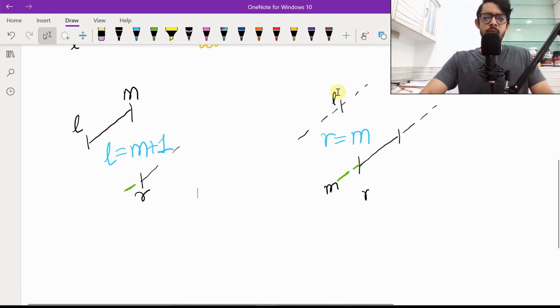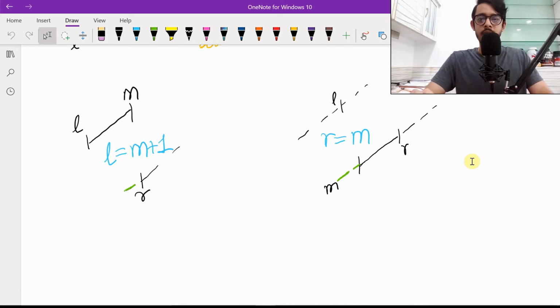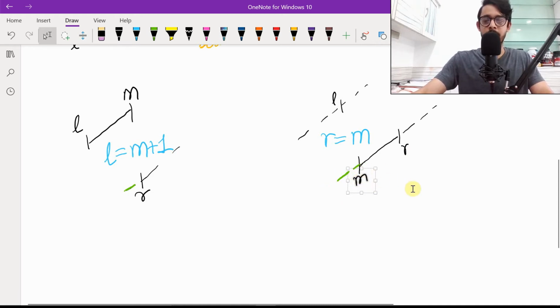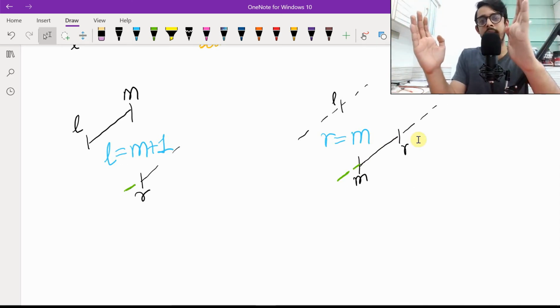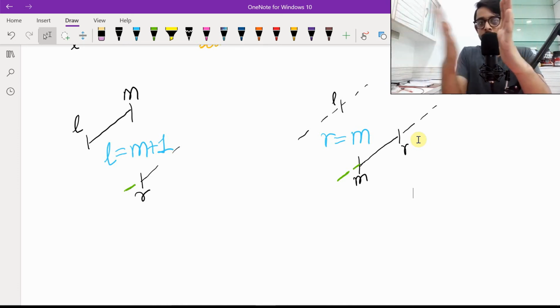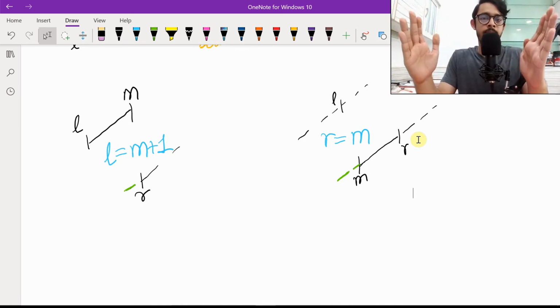What about the other case, where L is the only one at the top, and M is at the bottom along with R? This is another case which we want to consider. Again, R is over here, L is over here, and M is over here, but we can say for sure that the answer is not anywhere on the top, but is always on this bottom line in the green section here. So in this case we want to decrease R to be M, so that our search space is reduced to this small green area.